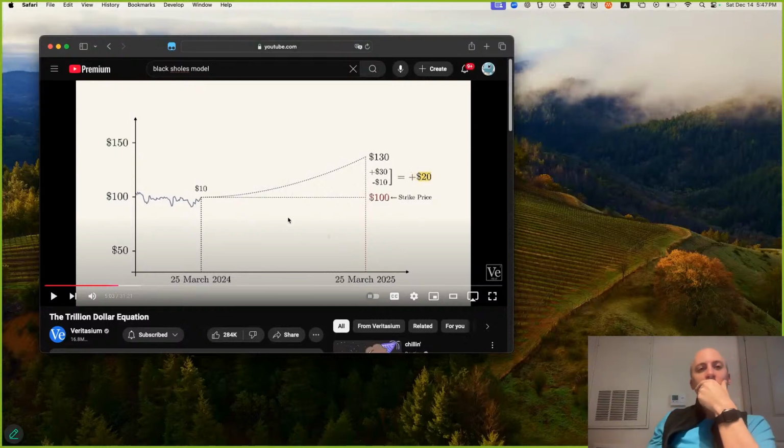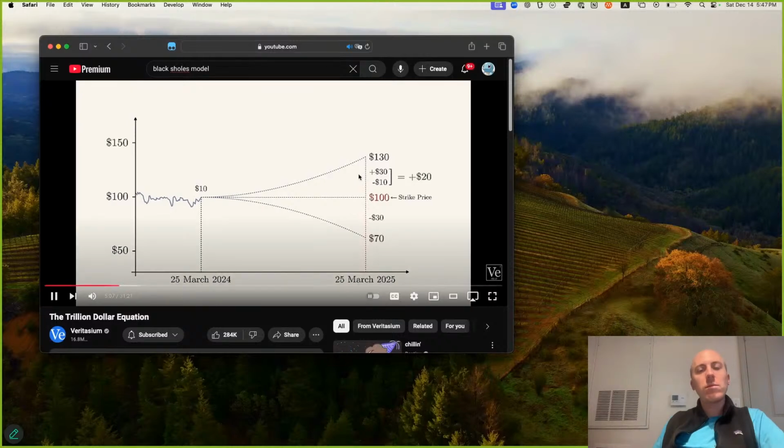Yeah, so if you buy and then sell the asset right away, you need it to go up by more than the price that you paid for the option. Alternatively, if in a year the stock price has dropped to $70, you just wouldn't use the option and you lost the $10 you paid for it. Versus if you actually bought the stock right now, you would lose $30, but because you didn't actually buy it, you just paid this amount. So yeah, it's just kind of like a gamble.